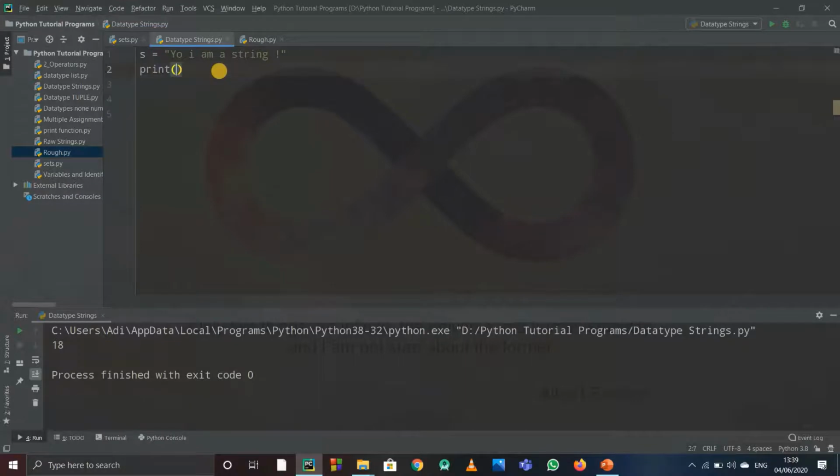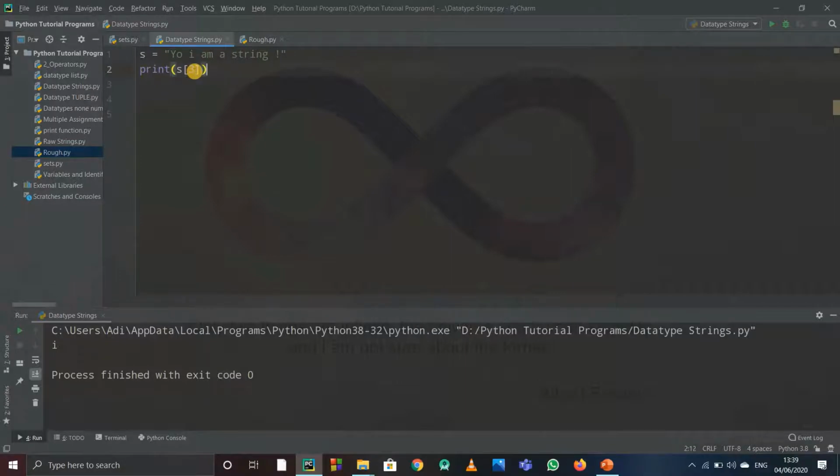So suppose I print S of, suppose I want a particular element to be printed. So I write the index of that element in a square bracket, and suppose I want to print O. So what is the index of O? 0 and 1. So if I write S of 1 over here, it will print out S of 1, that is O. If I write S of 2, now what is S of 2? It is a space, so it simply printed out a space. Again S of 3 is I, so it printed out I, and so on. So this is what index accessing is.